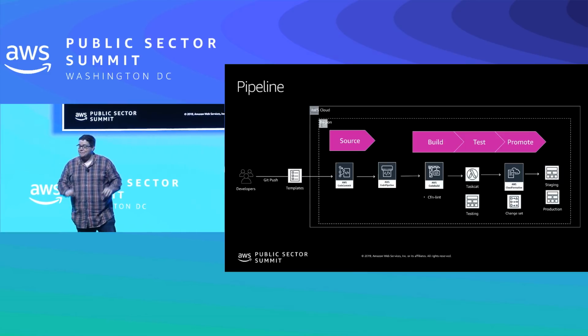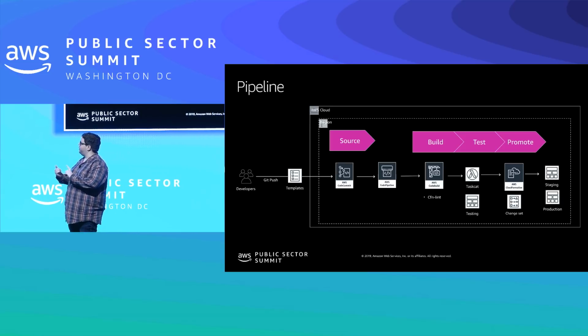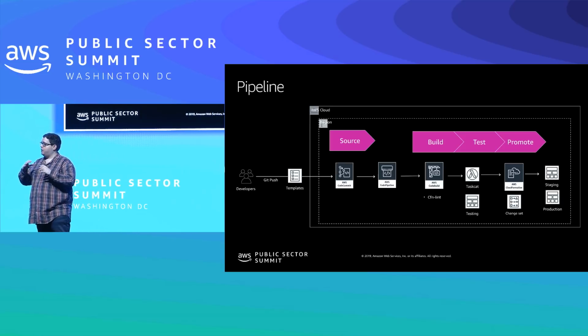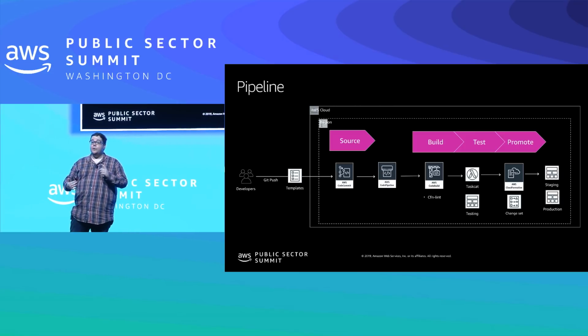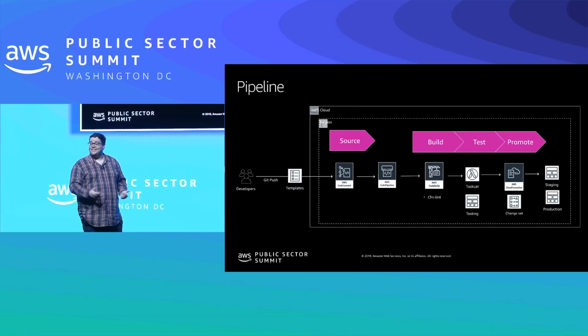We're good. So with the actual pipeline, we've committed it, so we have a good way to roll back if we need to. We have a good audit list of what changed. We've built it, and we've tested it, so we know that this is going to deploy to production. Let's actually go to production.